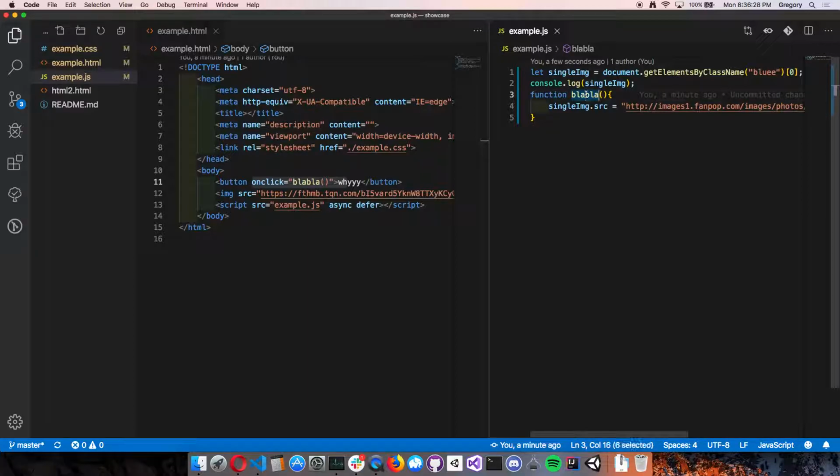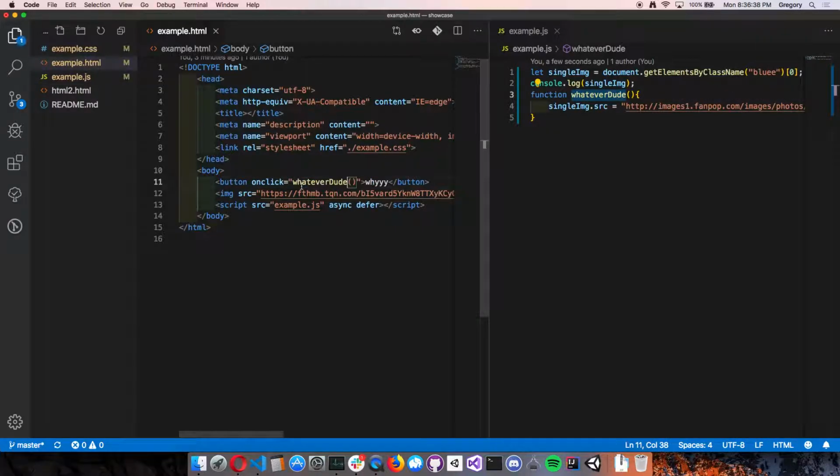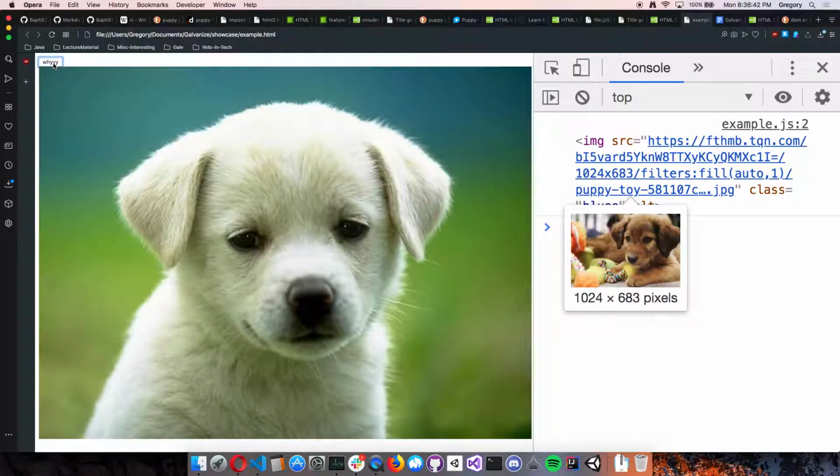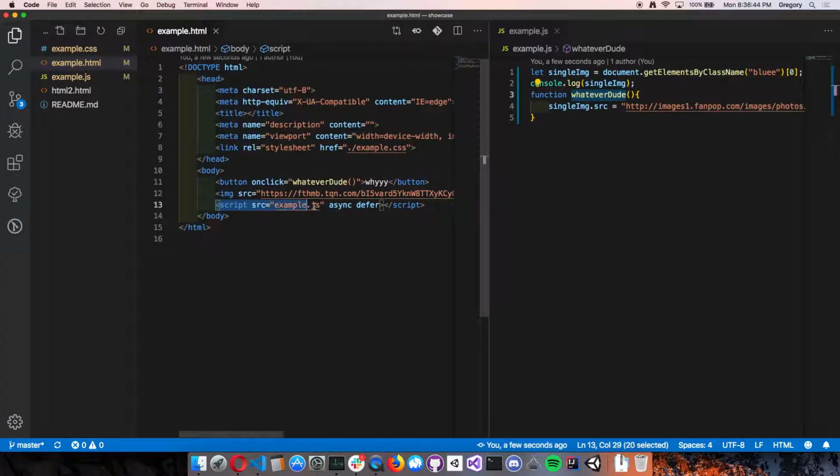I give it whatever name I want. All you need to do is make sure that these names match. Same thing. And then, of course, the script tag, make sure that you're actually referencing the JavaScript file that is